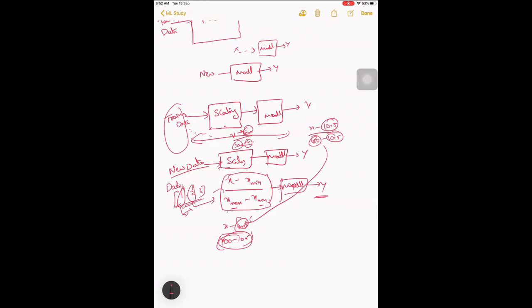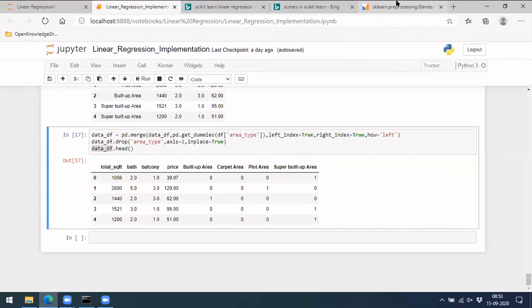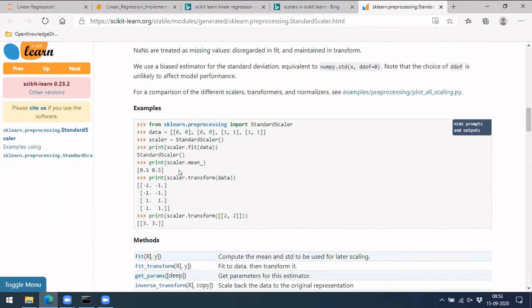So for this, if you look at the code here, what they are doing is fitting a scaler. With the scaler.fit, on the training data, they are fitting it.